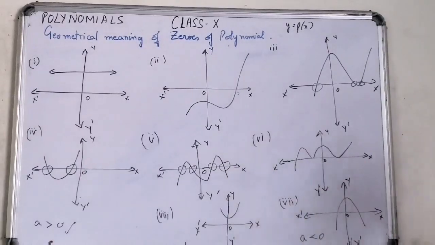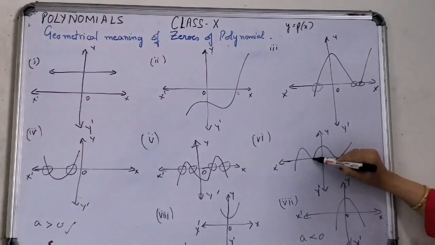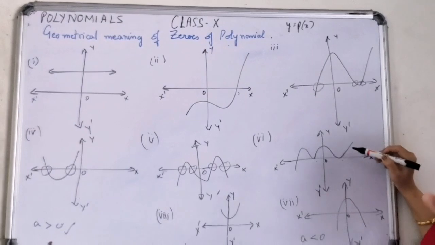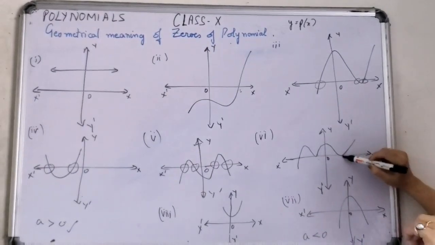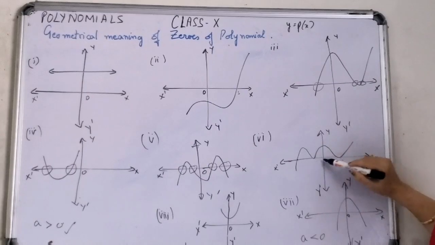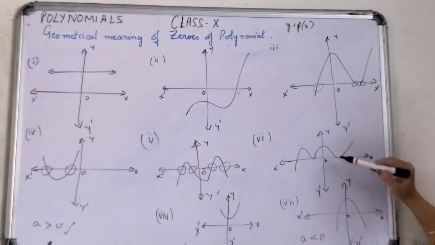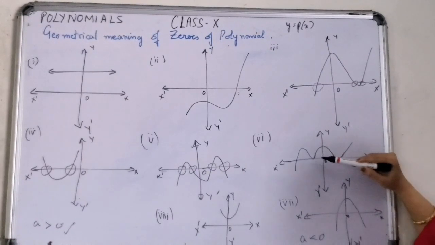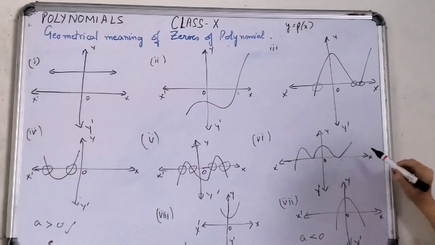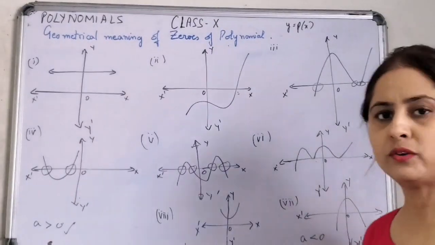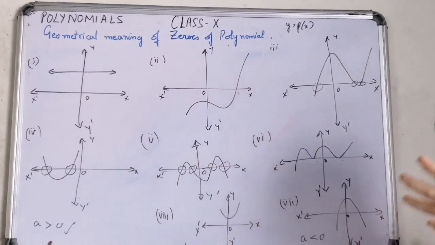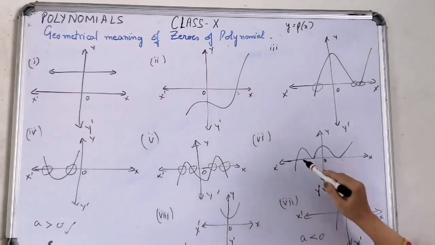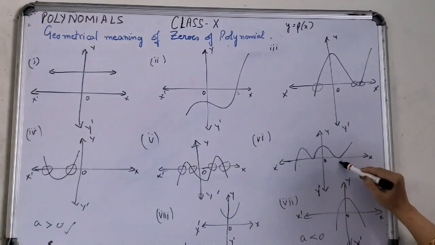In the sixth part, the graph is intersecting the x-axis at 1 point and touching at 2 points. It is touching at 1 point means 1 zero. Touching at this point means 1 zero. So on the whole, there are 3 zeros. Maybe when it is touching here, there are more than 1 values of x possible over here. The roots may be more, but the number of zeros will remain only 3. By the definition of zeros in geometrical representation, the number of points where the graph intersects or touches the x-axis gives us the number of zeros. So the number of zeros in this case also remains 3.